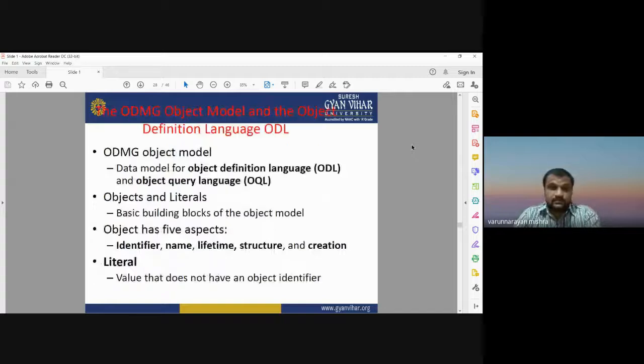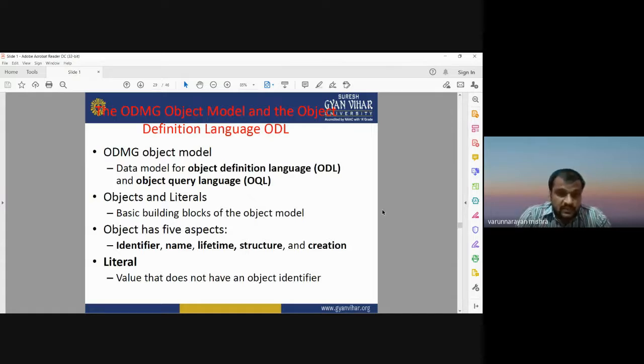The ODMG object model and the object definition language ODL. ODMG object model is a kind of data model for object definition language, that is ODL, and object query language, that is OQL.